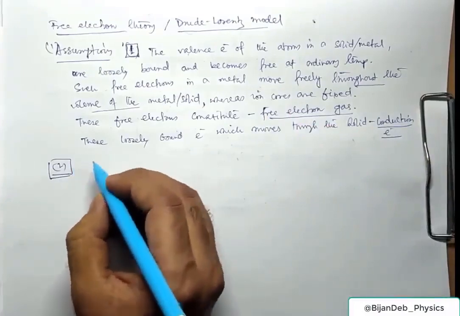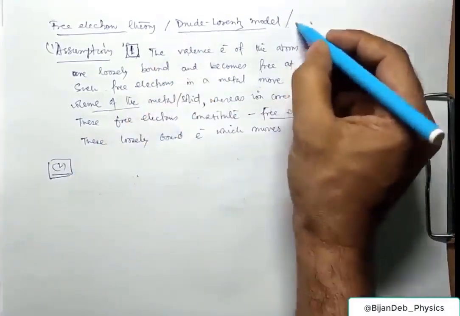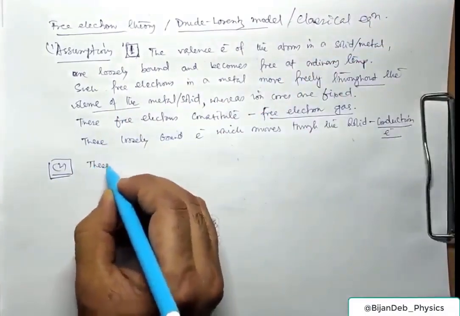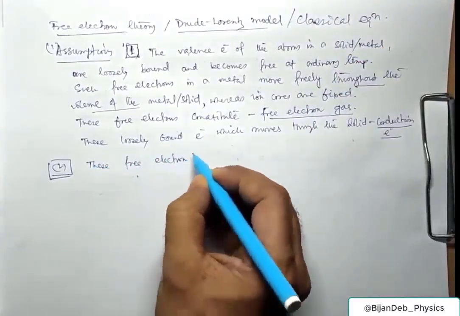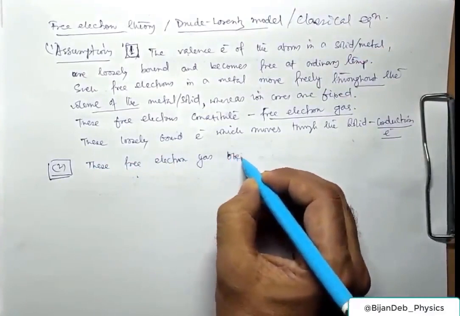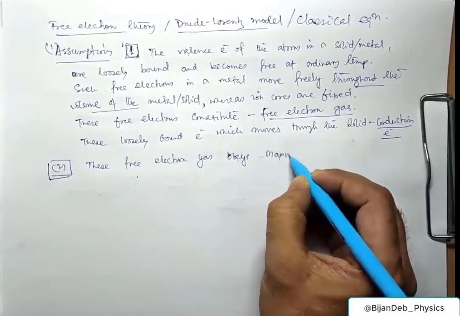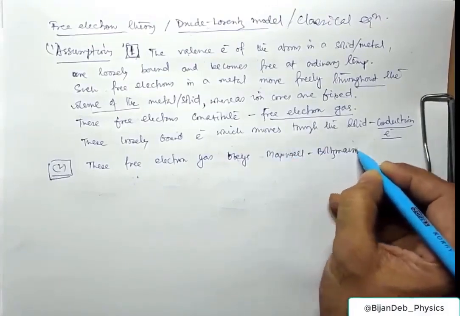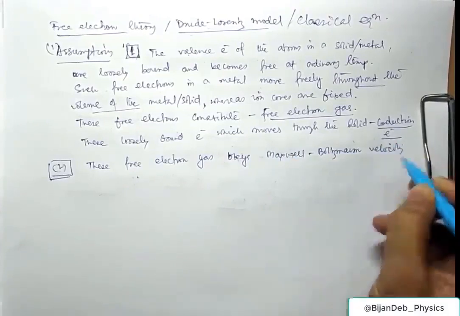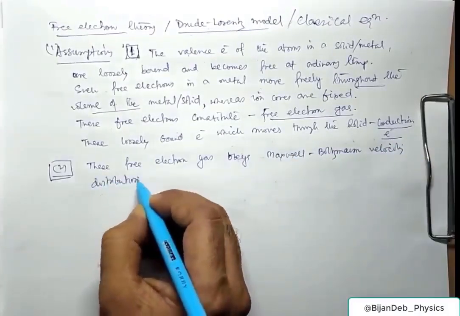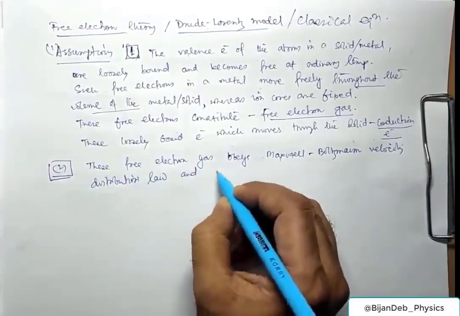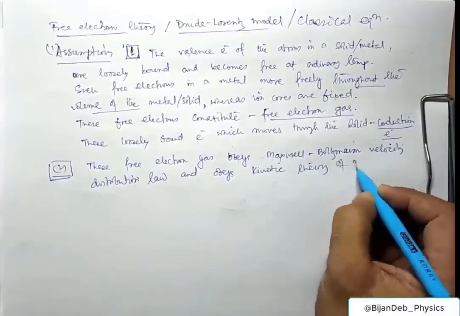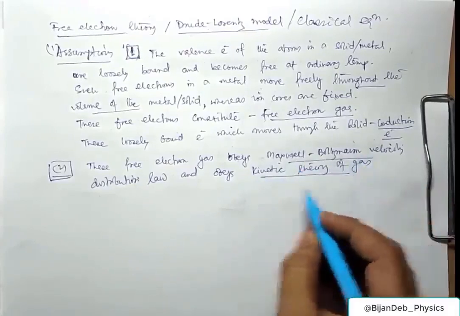Now the second assumption is, here this is classical. Okay, so this is a classical equation. So this free electron gas obeys the Maxwell Boltzmann velocity distribution law and obeys the kinetic theory of gas. এখানে ম্যাক্সওয়েল বোলসম্যান যেটা দেওয়া ছিল কেন,